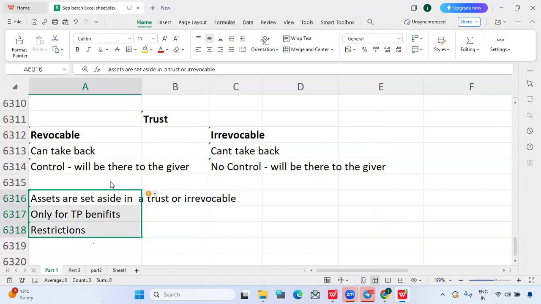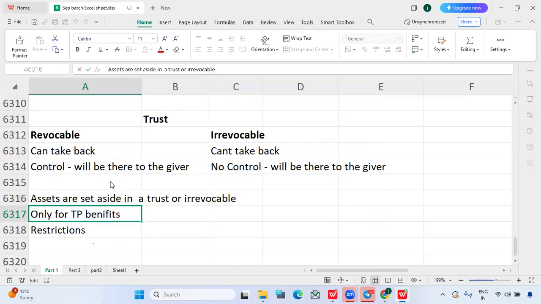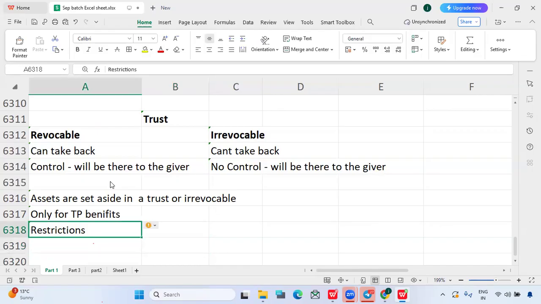Who ultimately gets the benefit? Because it is irrevocable, the payer cannot take it back and cannot have any control, and the benefit goes only to the taxpayer. Even though we have restrictions, you still consider it as income. So constructive receipt is different and economic benefit doctrine is different. In economic benefit doctrine cases, we need to recognize it as income